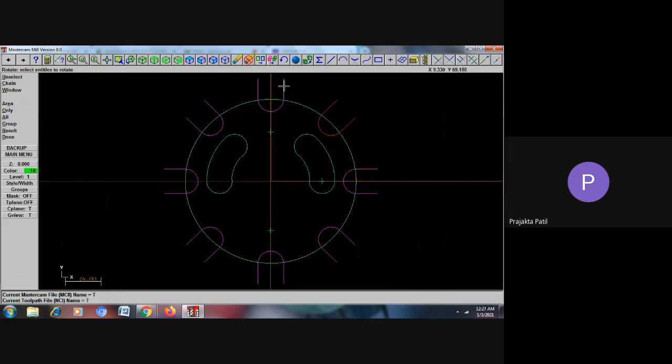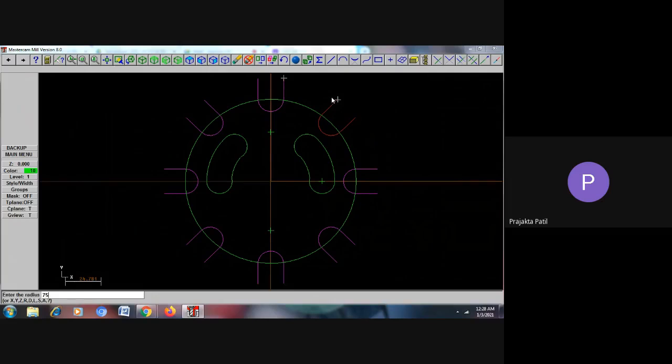Now we are just left with connecting the ends of this U. So again, I'll go to the main menu and say create arc, endpoints is what I'll choose. So this is one endpoint and this is the other endpoint. I've chosen the endpoints, and now it is asking to enter the radius. I already knew the outermost radius. I've deleted it here, but this outermost radius is 75 mm.